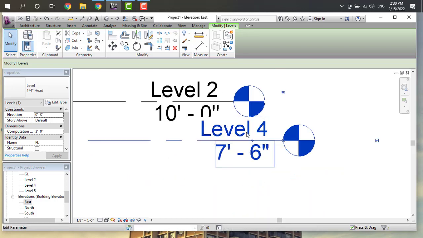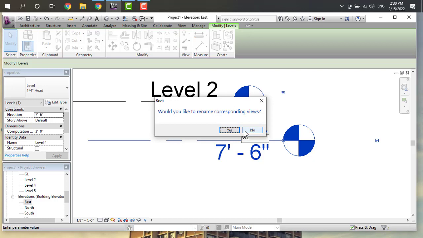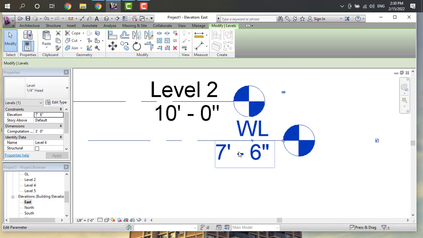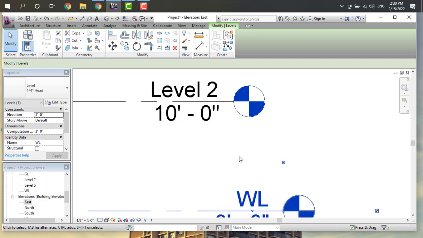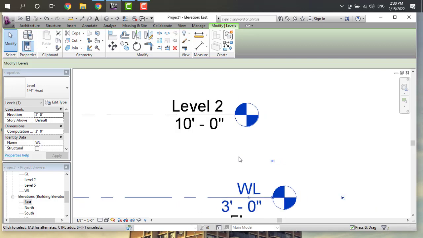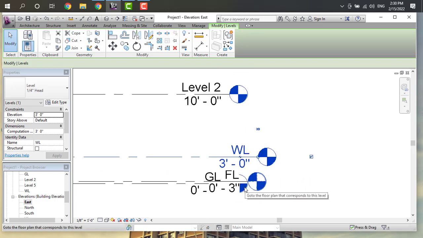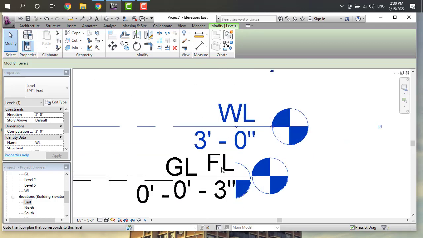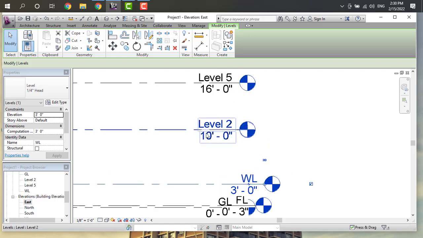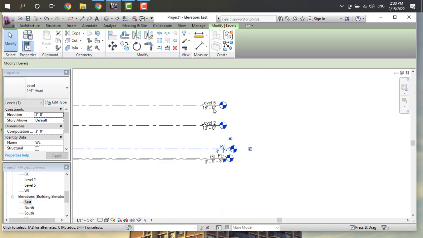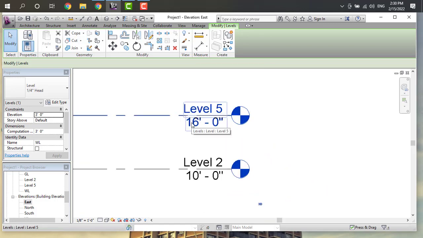And next, this is our window level. Click on yes. And this is our 3 feet height. Click on enter. It will be our 3 feet level height. Next, it is our 10 feet. Why? Because our slab level is 10 feet.